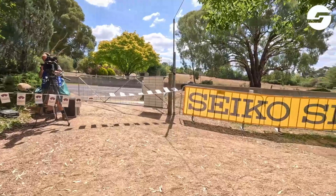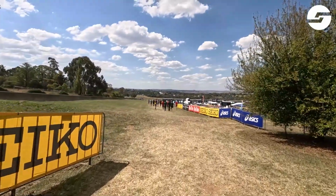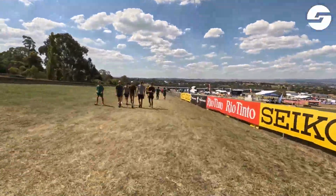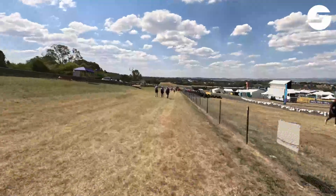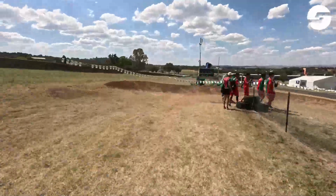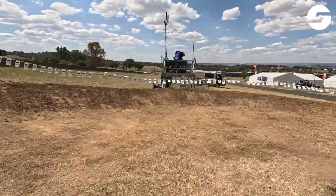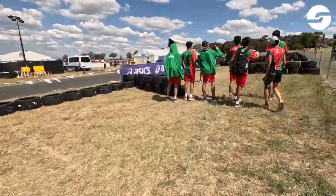Once they get round it though, that does open up onto this absolute wide expanse of a piece of course. This is by far the widest part of the course. I don't know if they're going to close it up anything more than what it is, but it is a long downhill. It's probably 250 to 300 meter downhill. They get to the bottom. They've got this weird dirt bike style track at the bottom here in case people are going too fast,